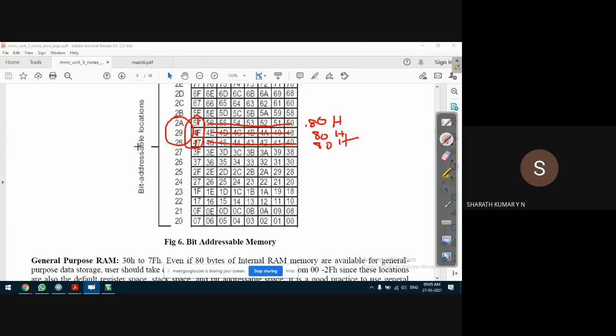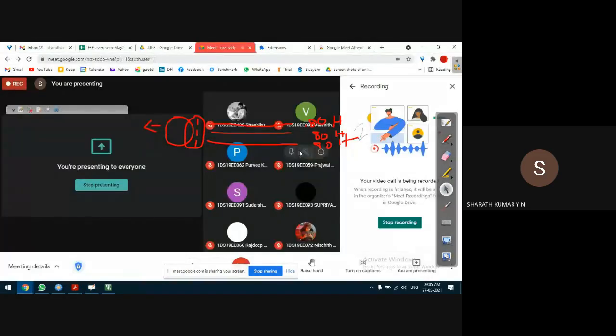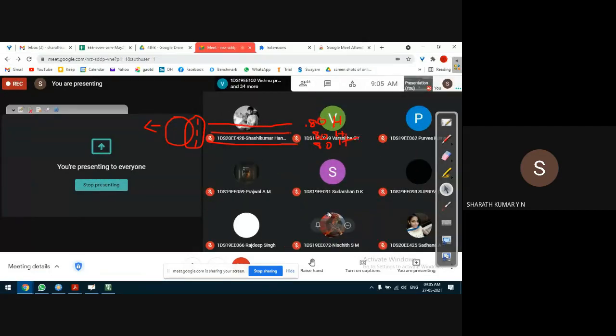So that we have to check now whether it is set or not. What I can do is set one of these locations to 1 and the other locations not set to 1. To test both the conditions, the set condition as well as the reset condition, let us look into all the three possibilities.